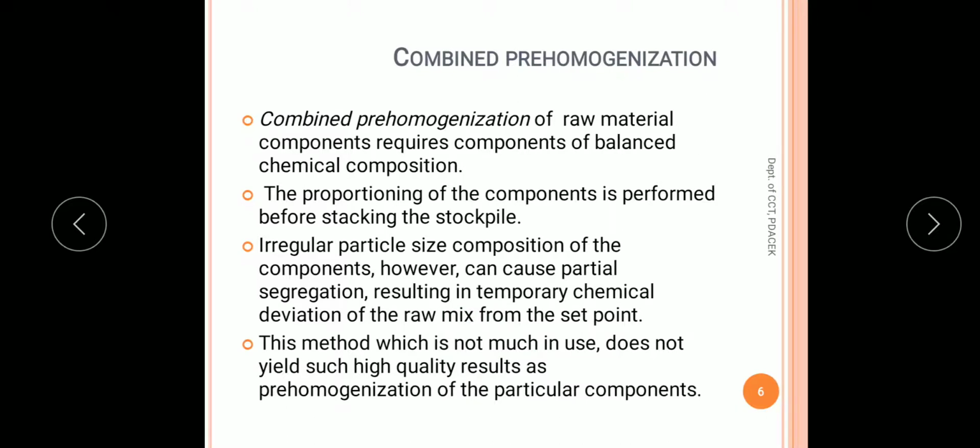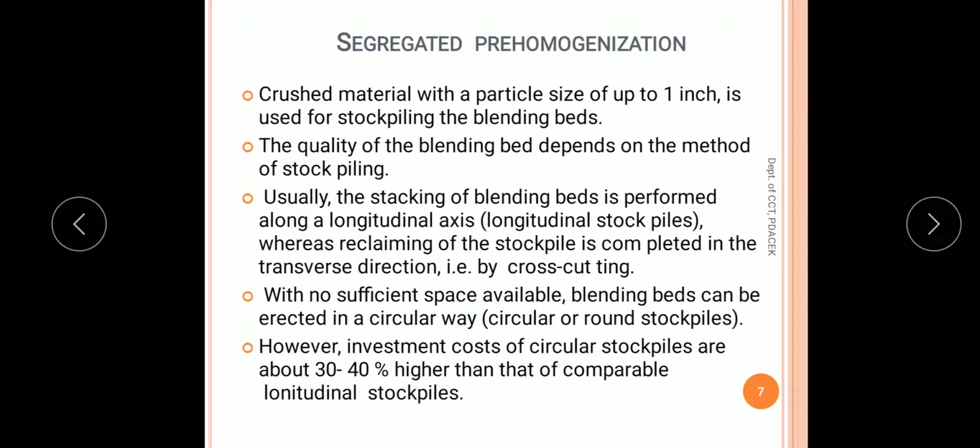So this method is not very much used, and it will not give a very good pre-homogenization. So we will not talk much about this method. We will talk about the segregated pre-homogenization method.